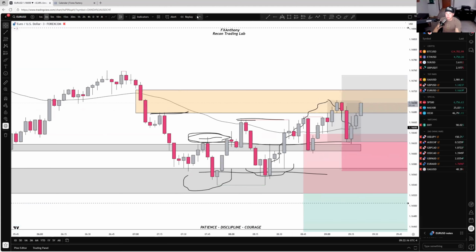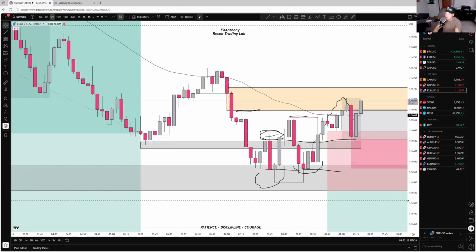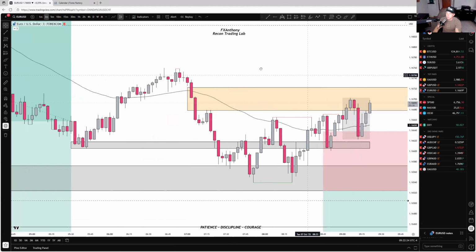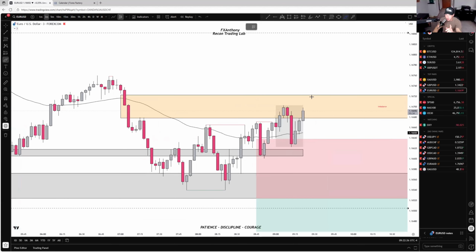And once again, let me delete all these drawings here. Remember, this is the 5-minute confirmation. Let's go to the 3-minute confirmation. Once again, let me draw it for you. BOS. Inducement. First leg confirmation on the BOS. Buyers are in control. Now we have the 5-minute confirmed. Full setup on the 5-minute.